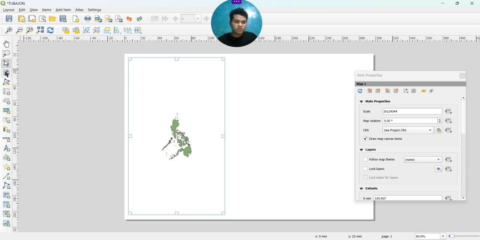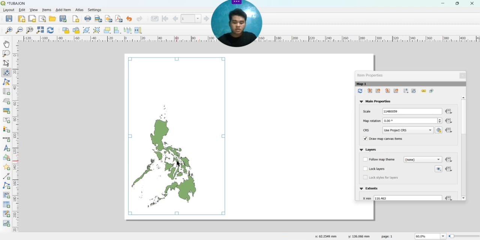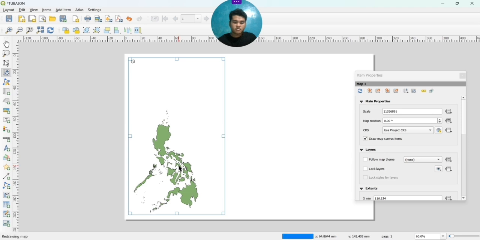Okay. Now go to the arrow here, this part. Click that one, and when you want to move your map, you just move the map. In my case, I want to zoom in here. Just zoom in using your mouse wheel if you have one. If you don't have a mouse wheel and you're using a laptop, you can just use two fingers and do a zoom-in motion.